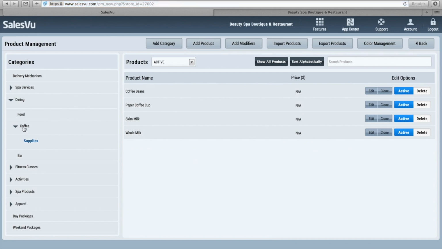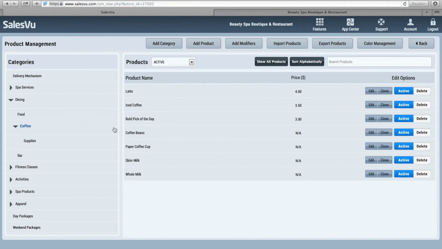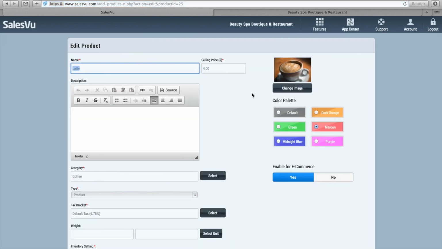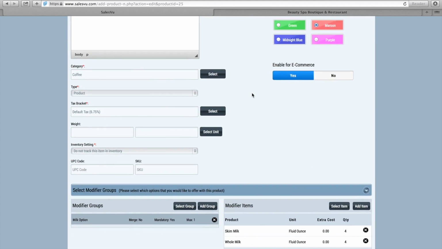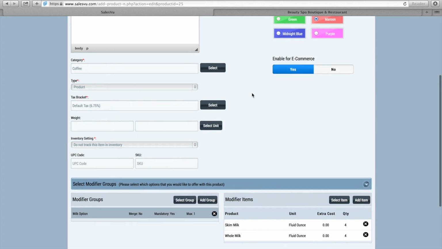Next, we're going to show you how those coffee products can deduct the milk and beans each time that you sell one of them. So if we look at a latte and we scroll down to modifiers, modifiers are options or examples that you can have as a part of your product. So in terms of a latte, you have a milk option every time you get a latte. And in this case, you'll have the option to choose skim milk or whole milk. And each time that you sell one, you'll have 4 fluid ounces